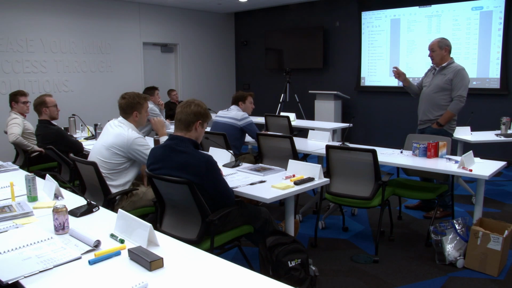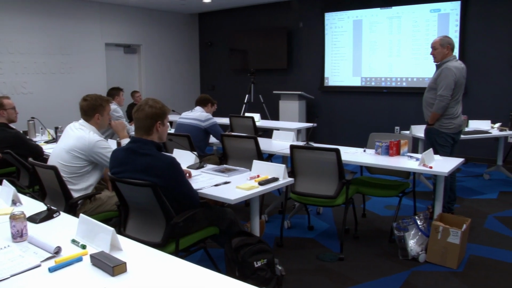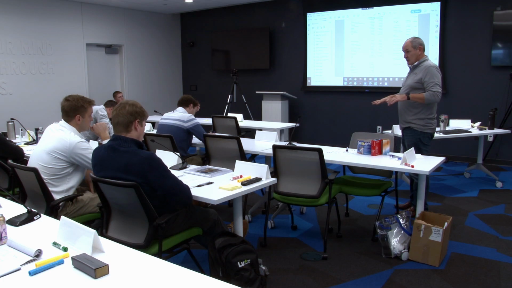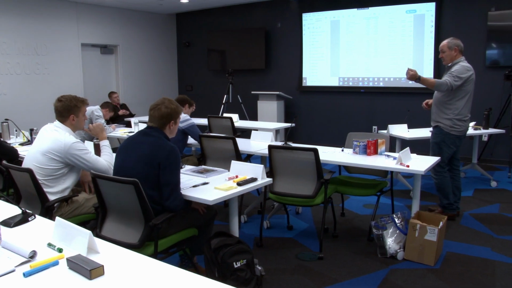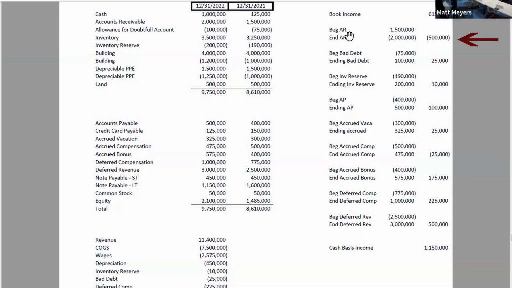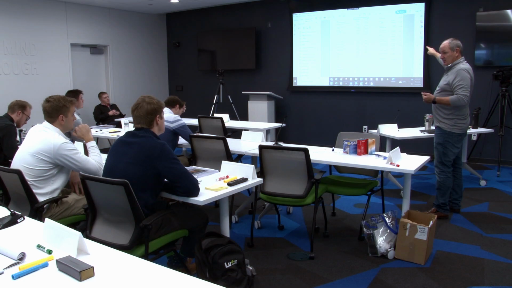On a cash method taxpayer, does that result in taxable income? If you collect it, yes. So I take last year's AR and I add it back to my 615 because I know I collected it within the first 30 days. But I also know at the end of the year, I got $2 million of AR. That means I'm on accrual basis for that number. I didn't collect it, and I back it back out. So this results in I collected $1.5 million, but I reported $2 million in my P&L, which results in a reduction to that 615 of $500,000. Did that make sense to everybody?